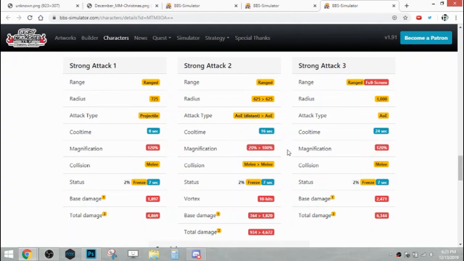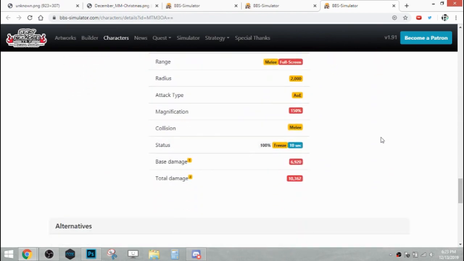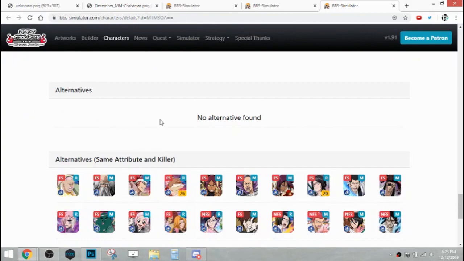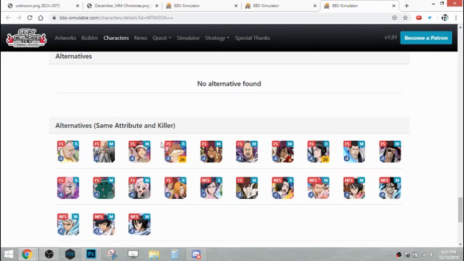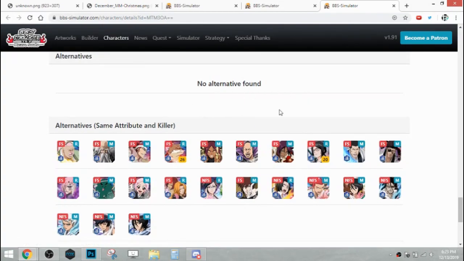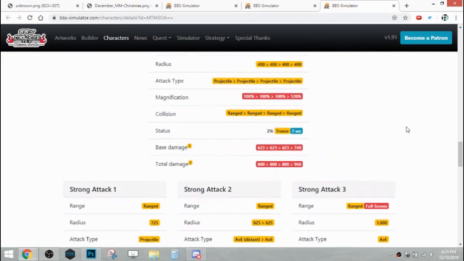Just double check to see how many actual hits it does, because if it does hit a lot of times, at least over 20, then it is useful for building combo. And if guild quests are your thing, maybe you keep her level 1. And then her strong attack 3, full screen, special. And then like I said, alternatives, there are no other speed Hollow or Arrancar killers, and as you can see here, we have a lot of speed Hollow killers. So in that sense, an attribute killer combination that's been done to death, but the affiliation is not there yet. So she is a little unique, but